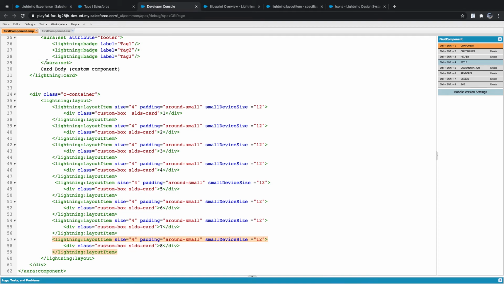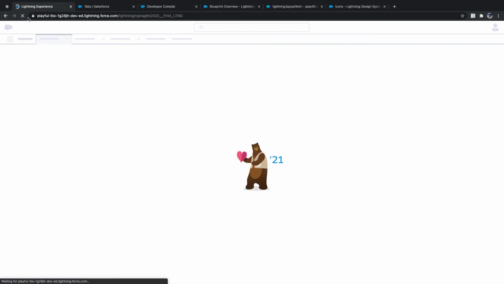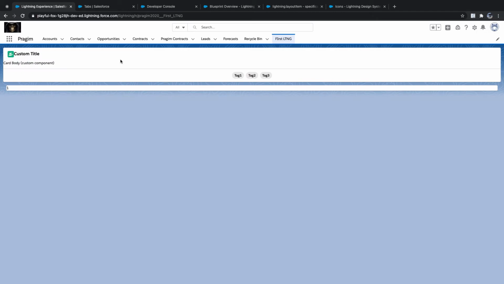So now 8 columns will come in, 3 fours are 12, and 2 rows will come by default.